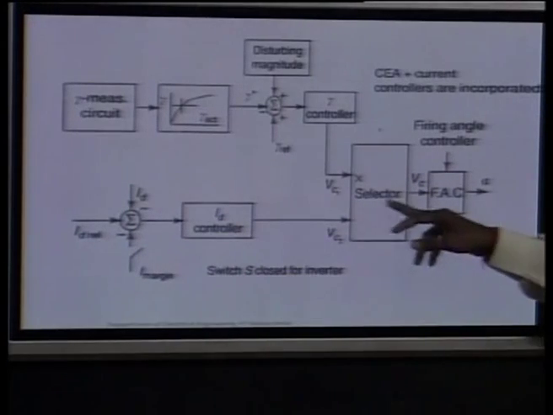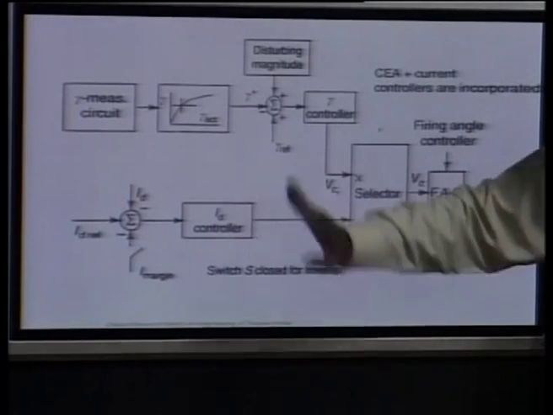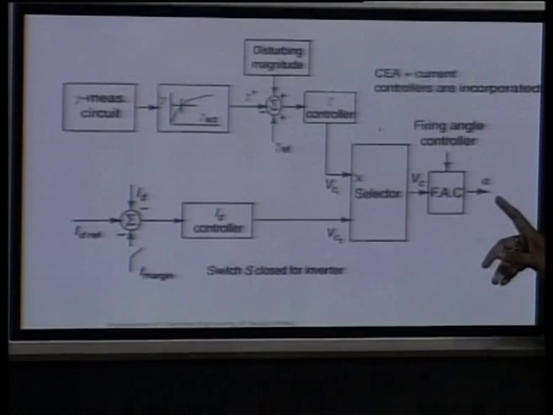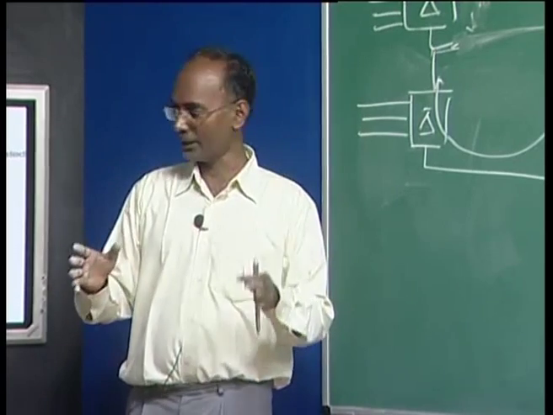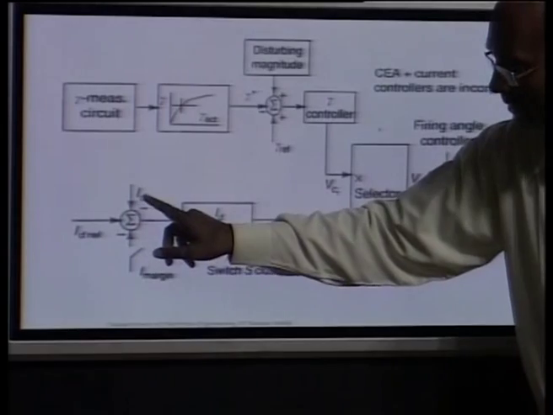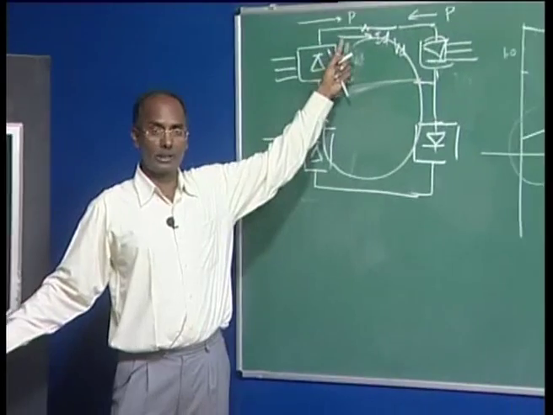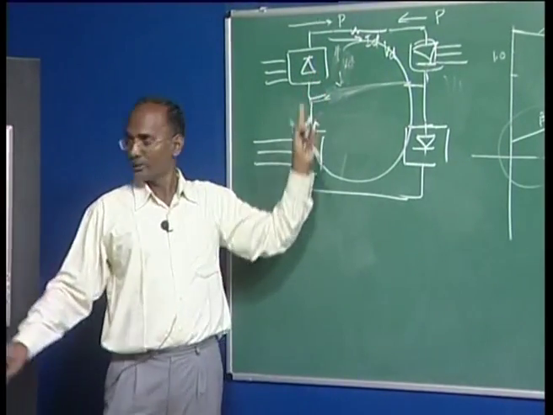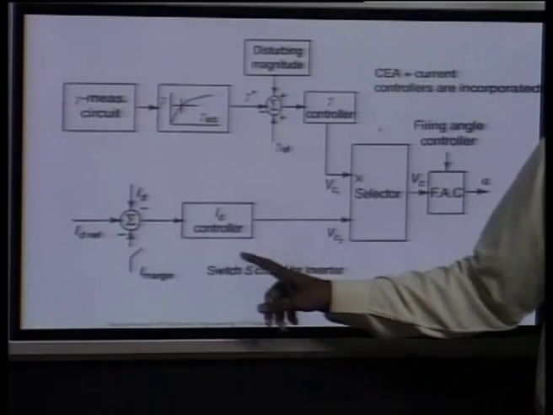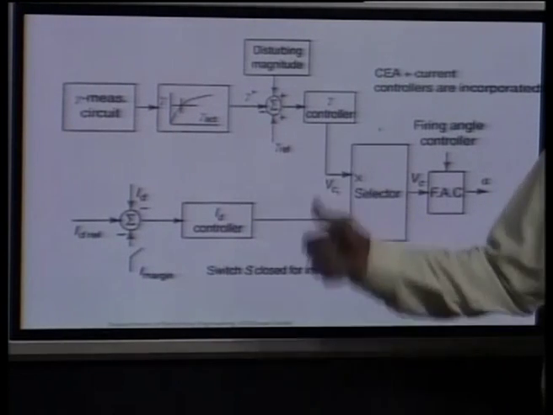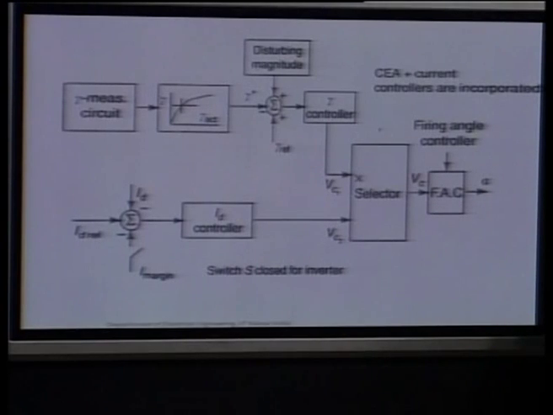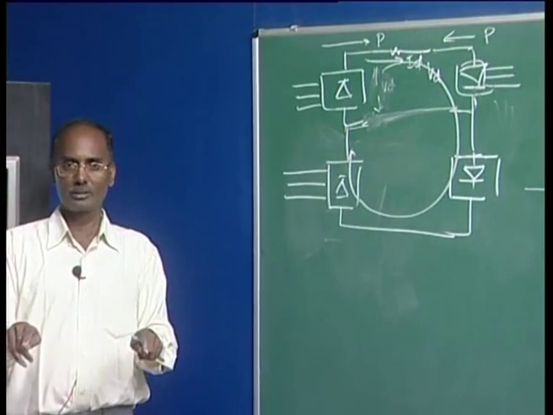this portion we will come to later on, how they are going to be realized. Different schemes are there to achieve this alpha, but in the clockwise direction I can say we have the ID reference, then we measure the ID from the actual, how much it's flowing. We are talking about the rectifier and now this portion. Then this difference goes to the current controller of the rectifier end. It will give some voltage magnitude, and based on that it goes to some logic.